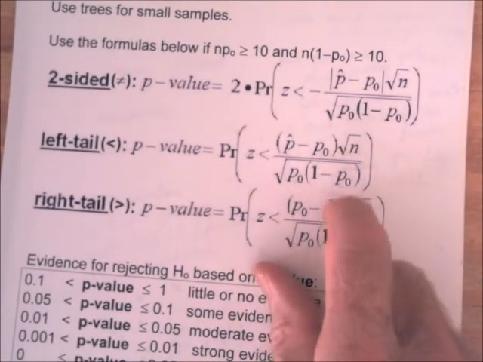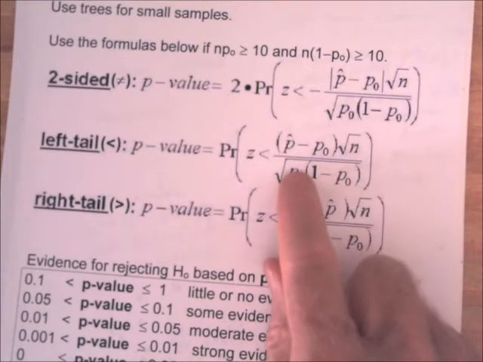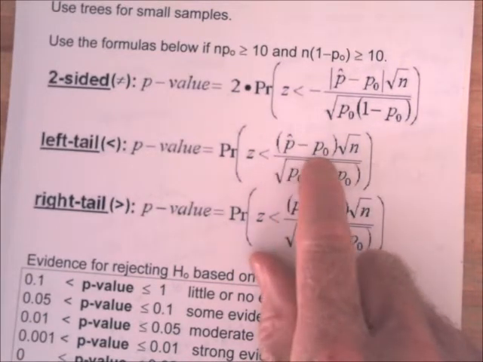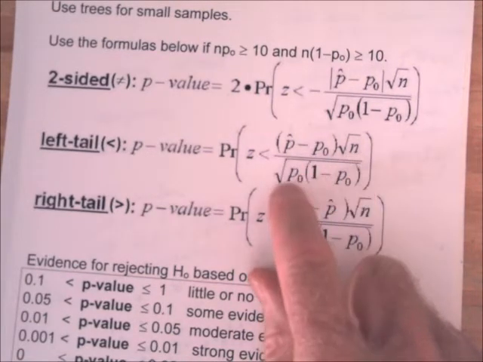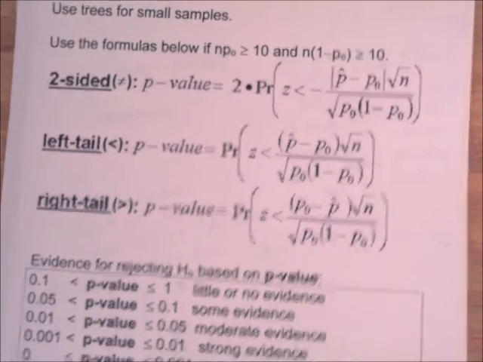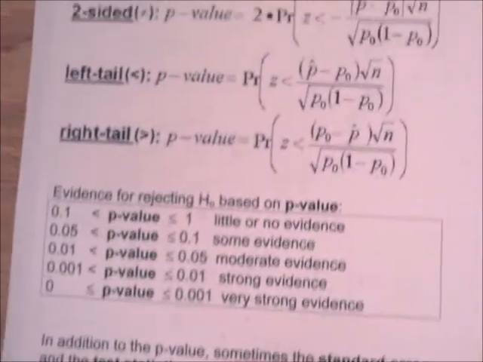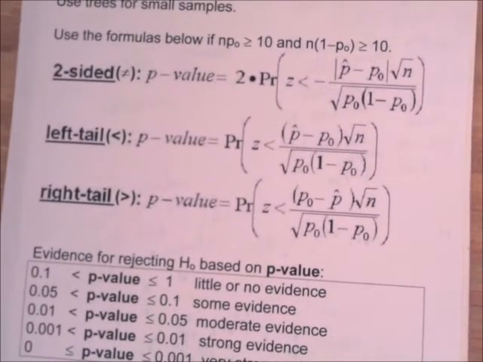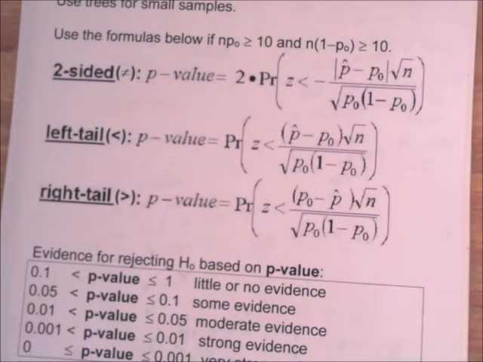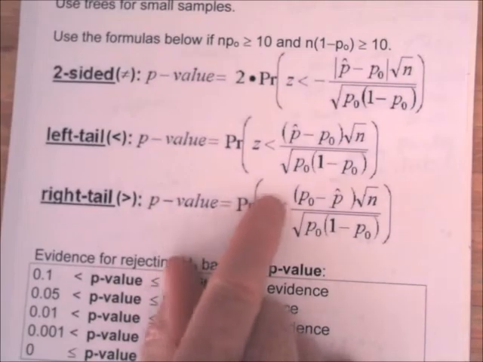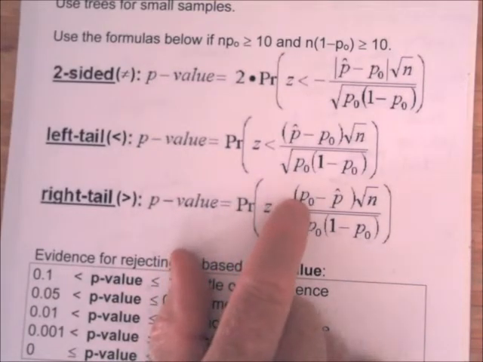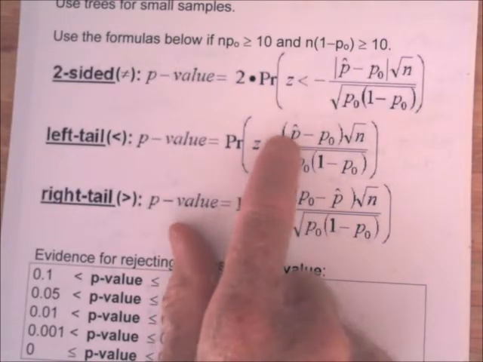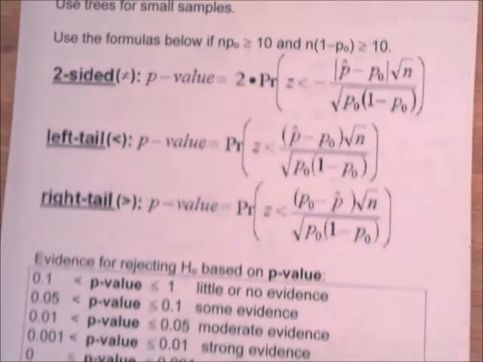And this expression here, p hat minus p0 times square root of n over square root of p0 times 1 minus p0, that's called the test statistic. For some of the tests, I put the p0 first,